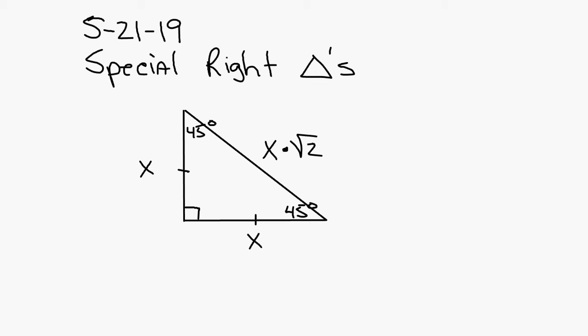That's the relationship between the sides. It's a shortcut to finding the missing side lengths of a special right triangle. If you know the length of the hypotenuse, you can divide it by the square root of 2 and it'll give you the length of the leg. If you know the length of the leg, you multiply it by the square root of 2 and it gives you the length of the hypotenuse. So in a picture